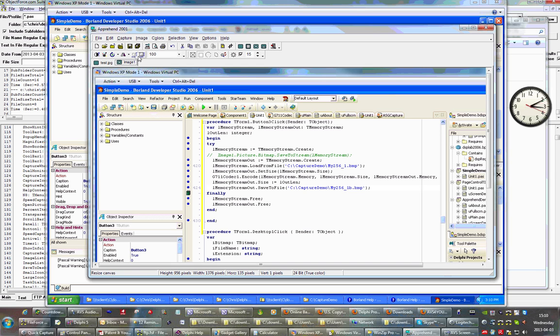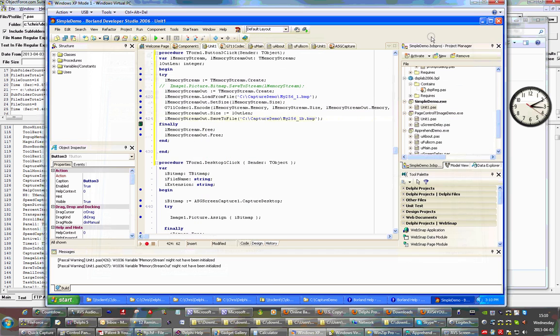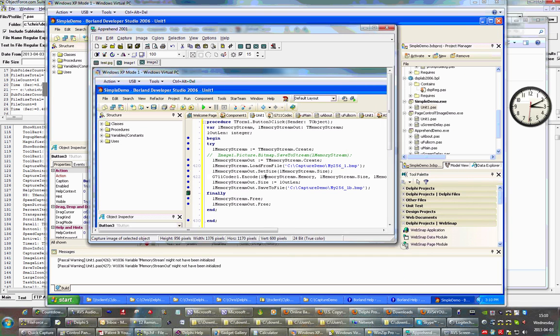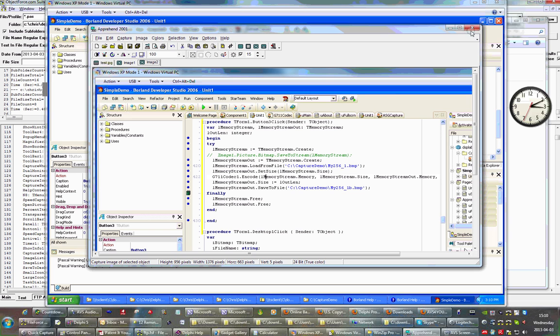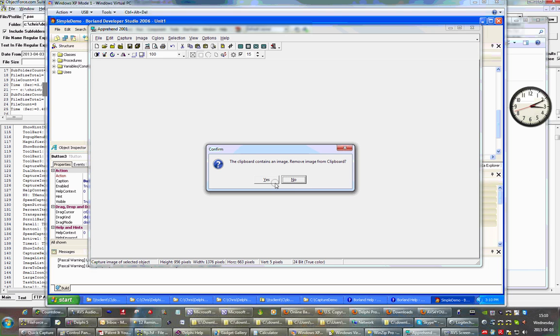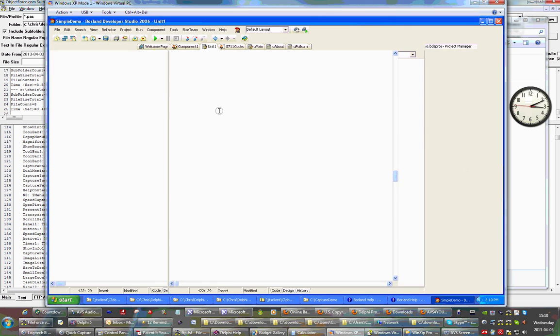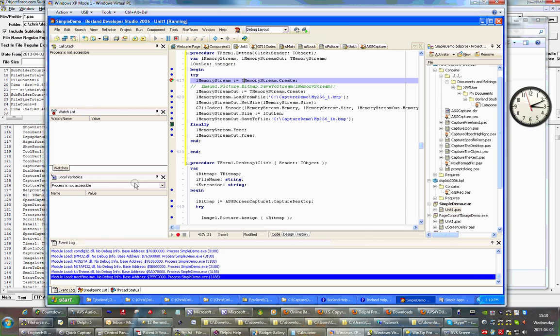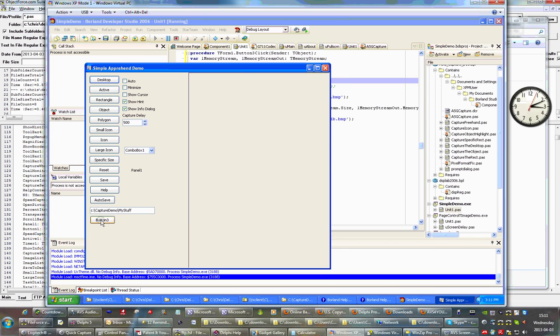Memory stream size. Set size. Load from file. Set the size of the out to the in. This is not quite right. We want to put this up here. Encode it from the memory stream out. And we need one more thing right here. Out length is